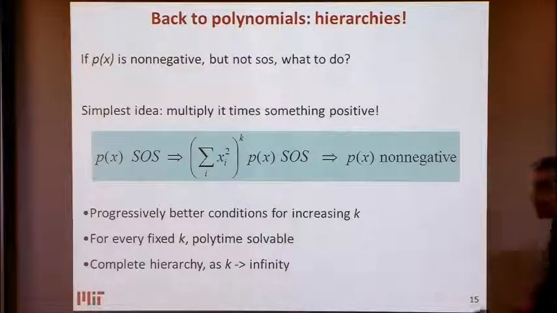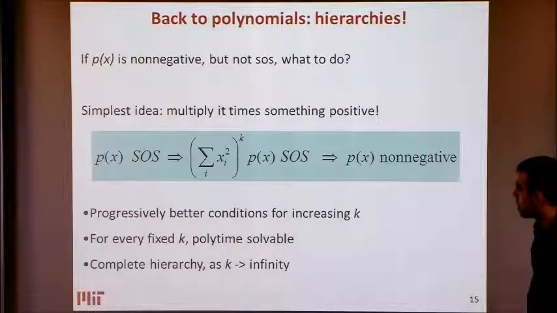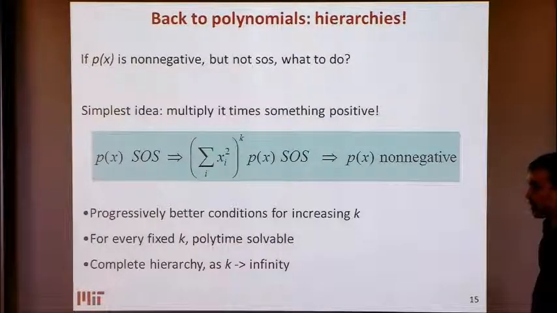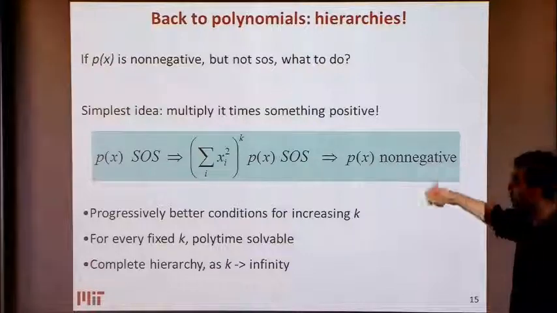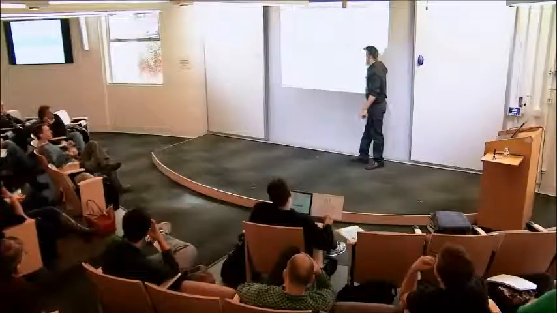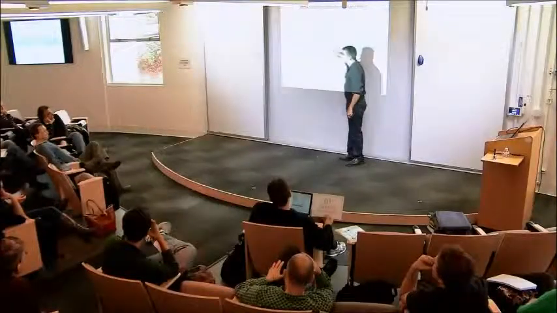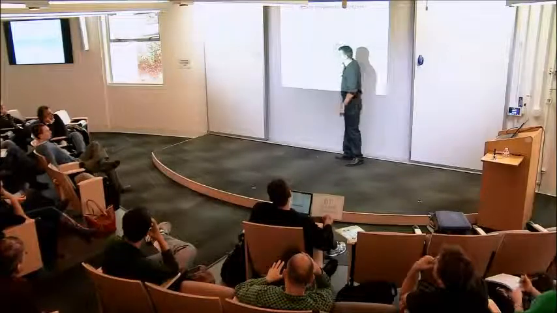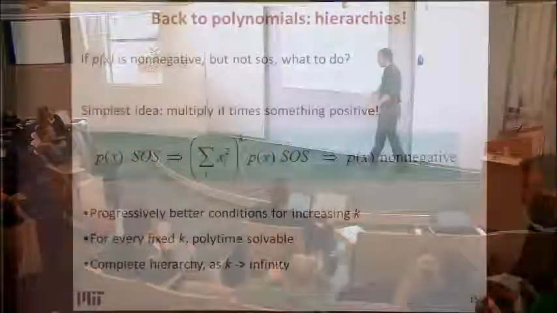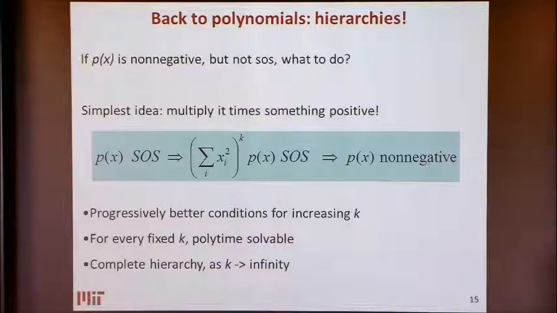So are you saying that any non-negative polynomial can be approximated in the limit by a ratio of sum of squares polynomials? Well, I have that this is a sum of squares, so that means that P is a sum of squares divided by this. And that's essentially what Artin proved when he solved Hilbert's 17th problem.